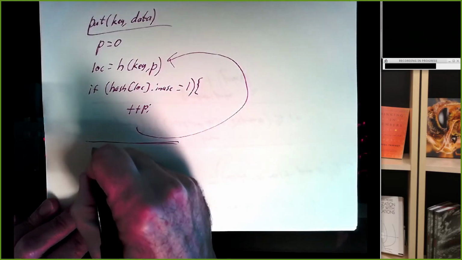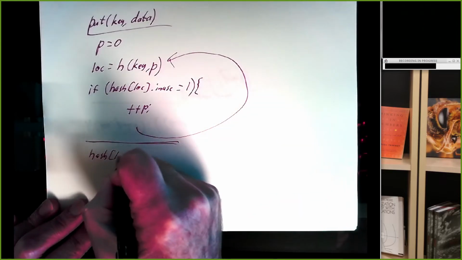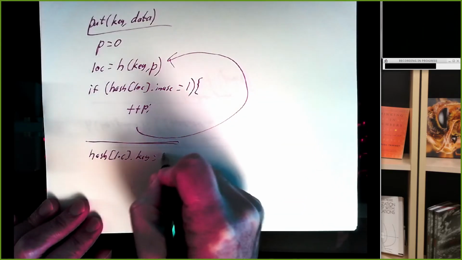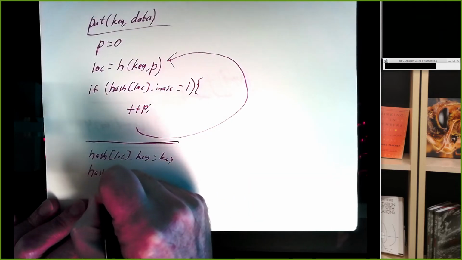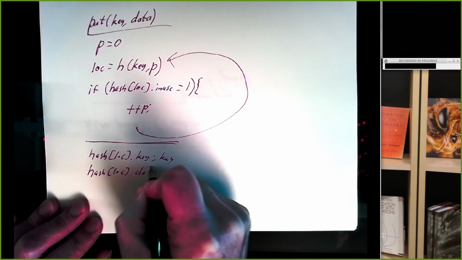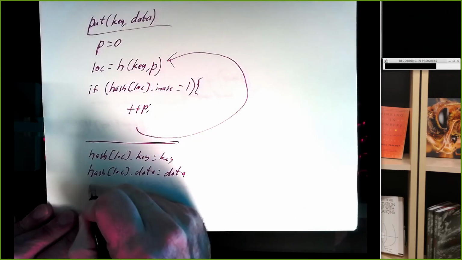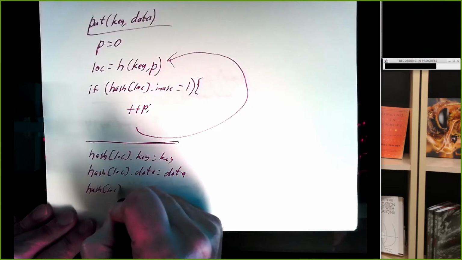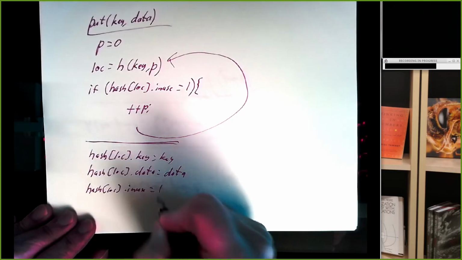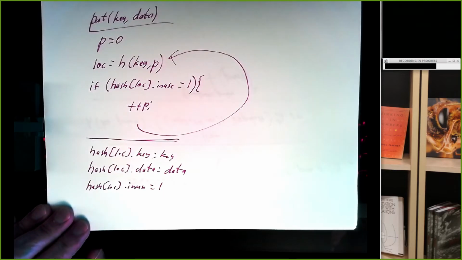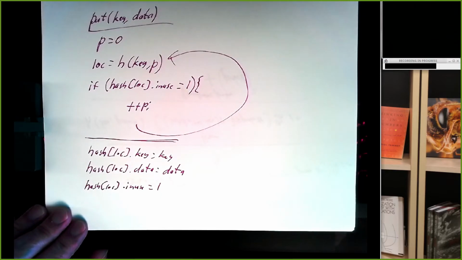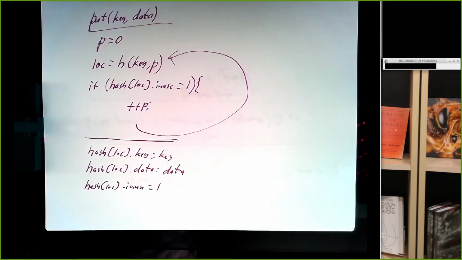So now it's just, you know, hash bracket location dot key equals key, hash location data equals data, and hash location in use equals 1 to say that we're using this. And that's probably all we have to do. We might want to clear the deleted flag, but it's not going to matter in the end. So there's a basic put routine with one thing missing,